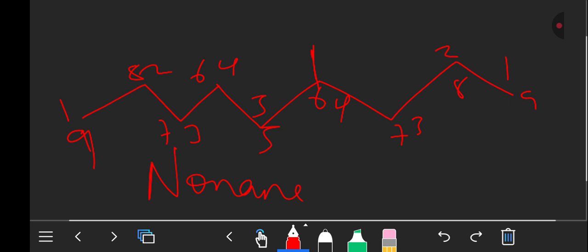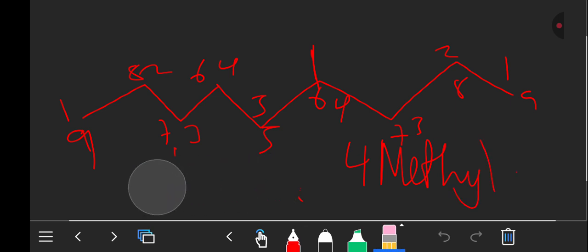So in this case, we'll take 4 instead of numbering it from left to right, which would have the substituent, the methyl group, at 6. Instead, we'll have 4. So there's a 4 methyl there. So just now connect. So the name will be,